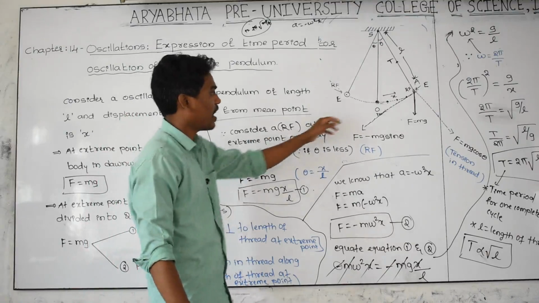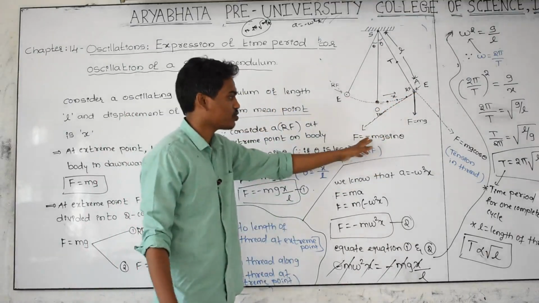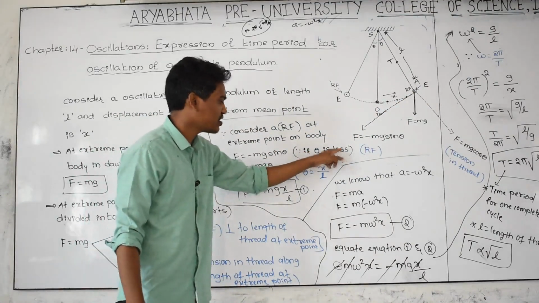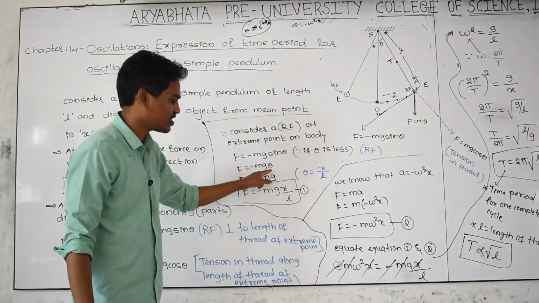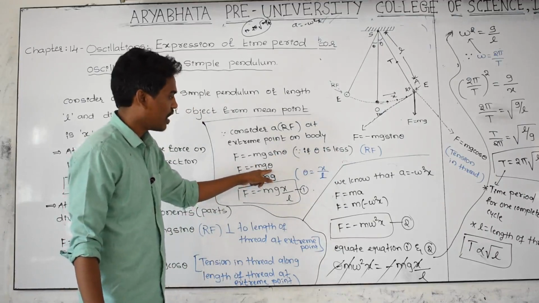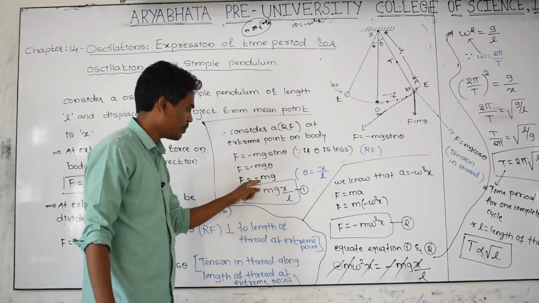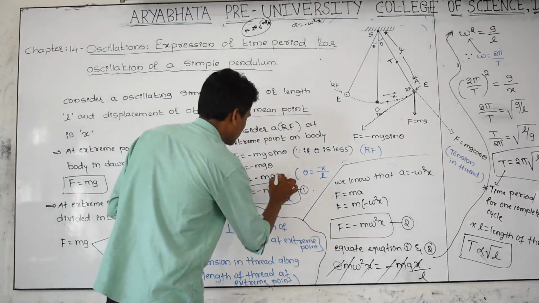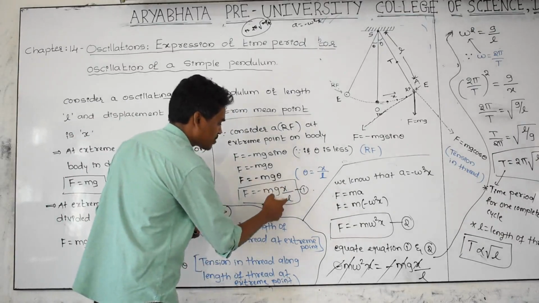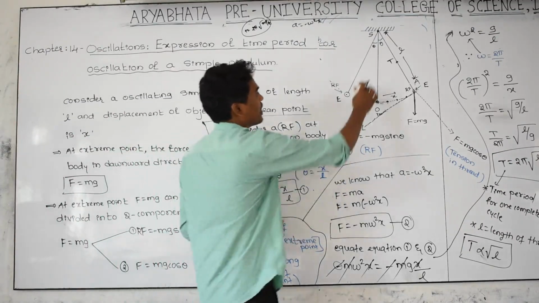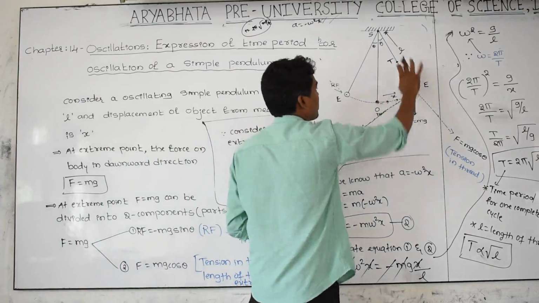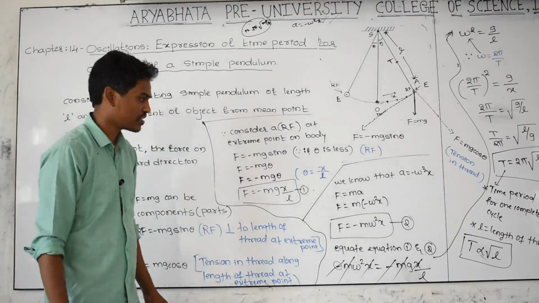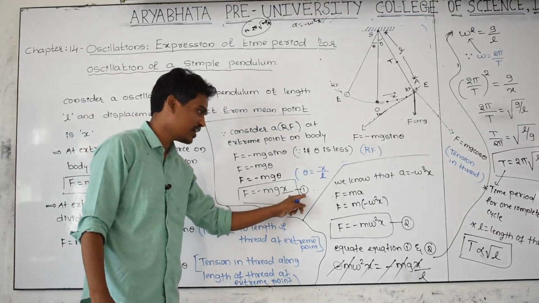And here at the extreme point only I have considered a restoring force, that is minus mg sin theta. If theta is very small then sin theta can be written as just theta, and here F equal to m into g into theta. Here theta can be written as x by L. How come? Theta can be found as arc divided by radius. Arc by radius is nothing but theta. That is a standard formula that you are studying in mathematics: F equals minus mg x by L. Let us take it as equation 1.